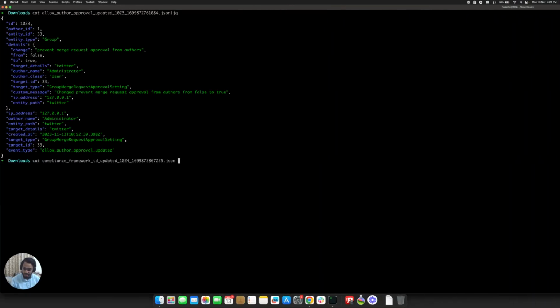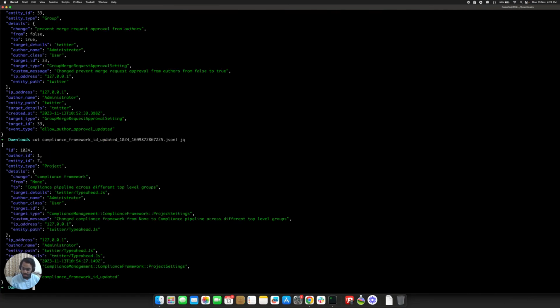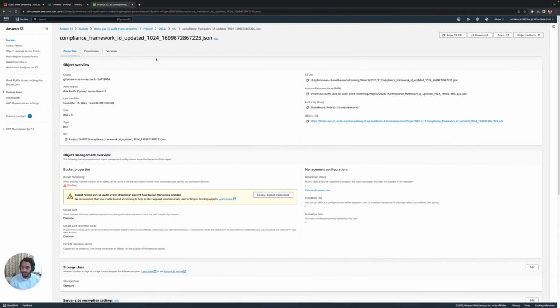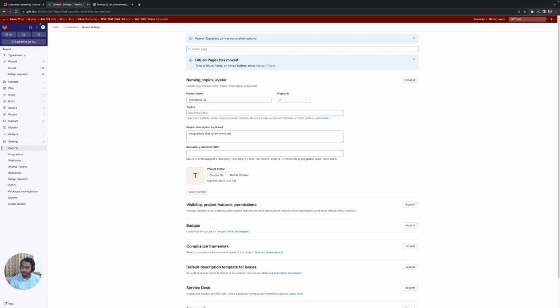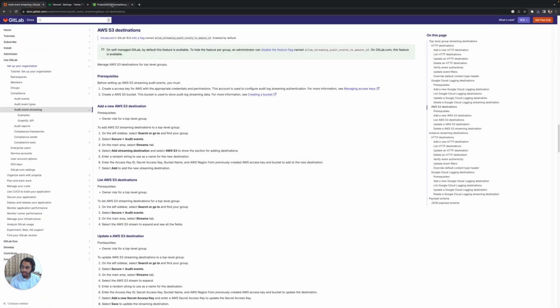Let's just try to see this event. So we have the ID of the event, we have what happened. So we didn't have any compliance framework for this project, the name of the project here, and now we have a new compliance framework. And yeah, so this is how you can enable streaming of audit events from GitLab to